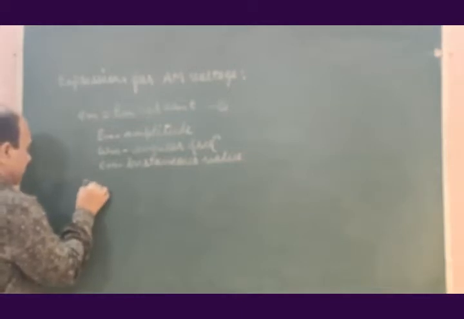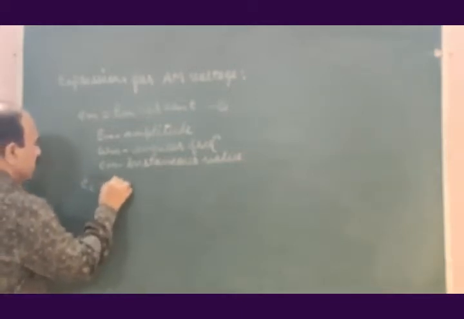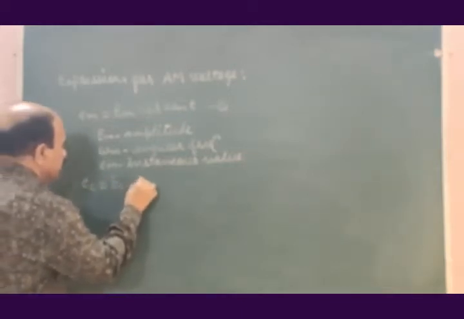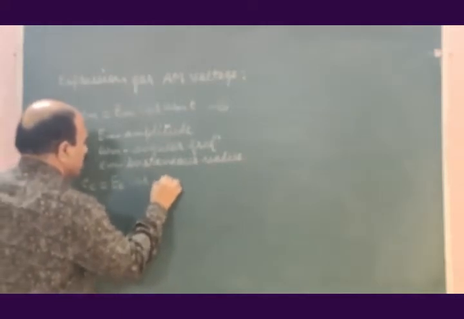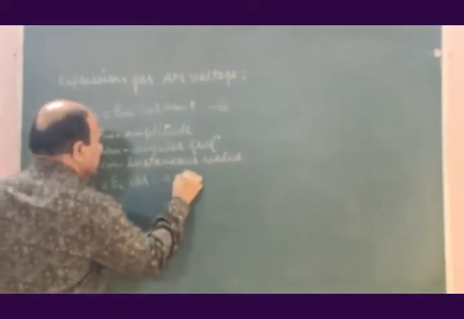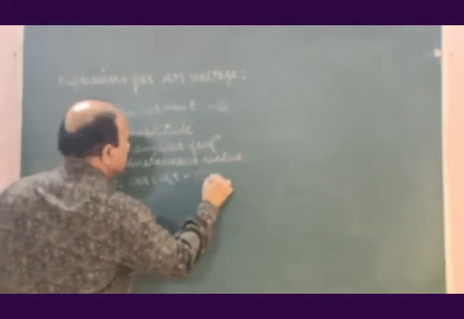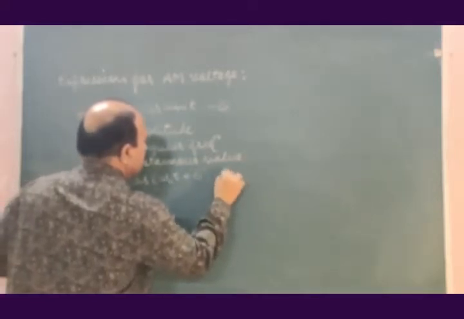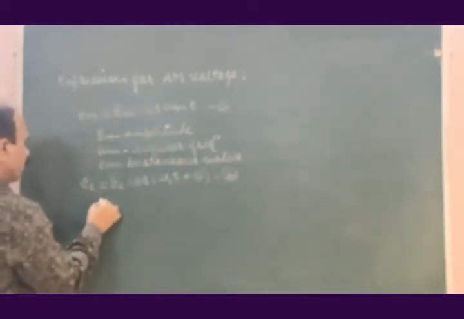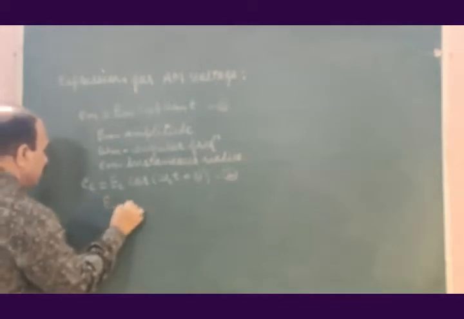After that, EC is equal to capital EC into cos omega Ct plus theta, equation number 2, where capital EC